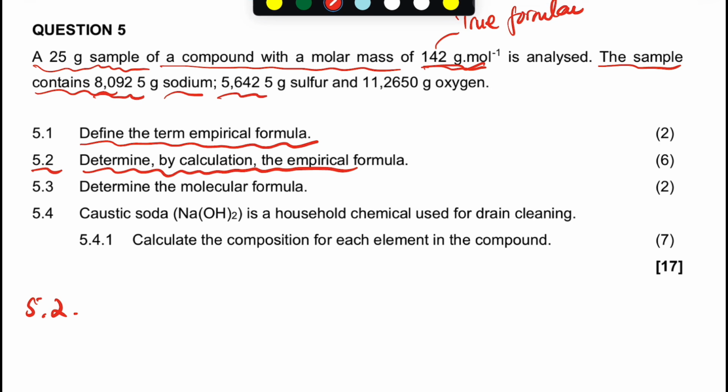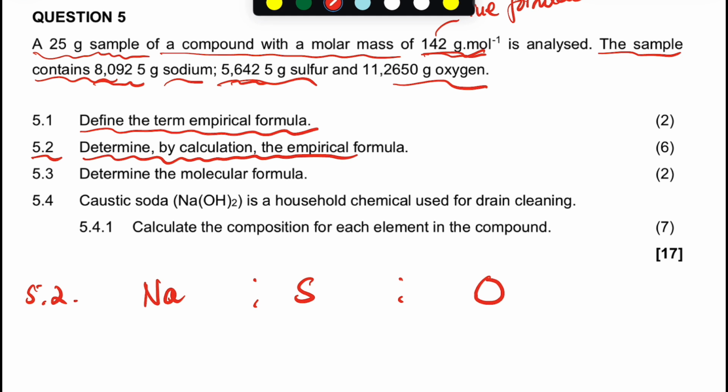we were given the sodium. You will say sodium is 2, and then the next one was sulfur, and then the next one was oxygen. You do the ratio of that. So what are you going to do with this mass? I'm going to convert this mass into number of moles. So write the formula. Number of moles is equal to mass over molar mass. So you take the mass of sodium, the one that you are given, it's 8,0925. You divide by the molar mass of sodium, it's 23,